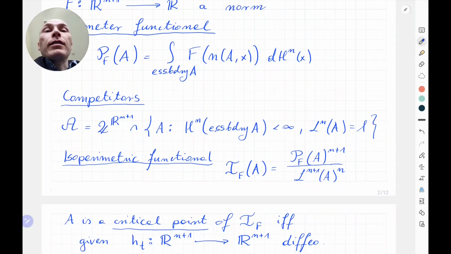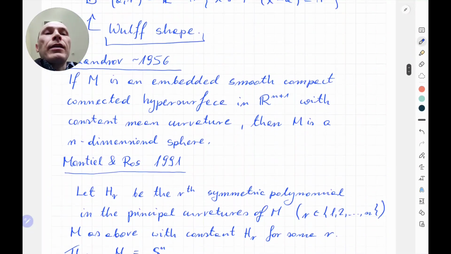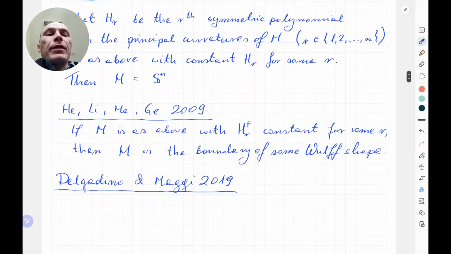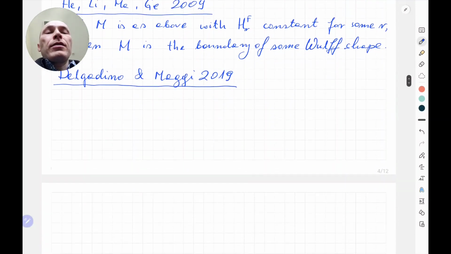So the natural class of competitors are Caccioppoli sets, and these old results kind of always assume smoothness. But Delgadino and Maggi in 2019 were able to prove a similar result for non-smooth objects, so assuming only M is in A. So any Caccioppoli set with finite volume